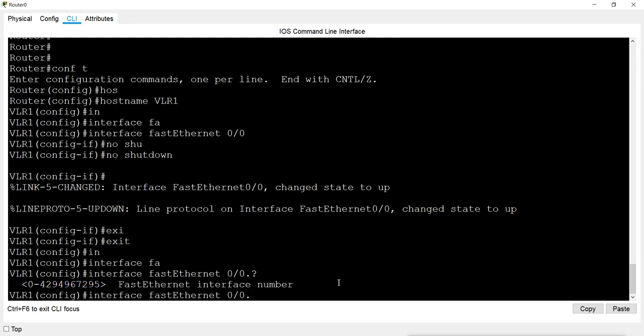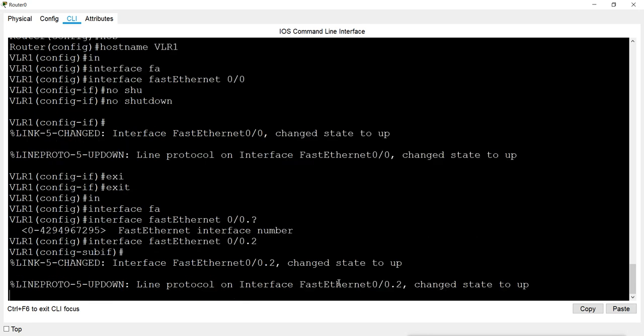You can use any number now because you have lots of numbers. So I will use numbers without, so I don't want to have a confusion, so I will use the same number which I have for the VLAN. So this port I'm creating for the VLAN 2, which is VLAN A. So I will give the number 2. It is not necessary, you can give any number. I'm just using it to avoid the confusion.